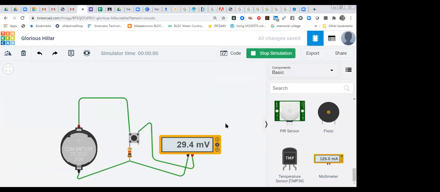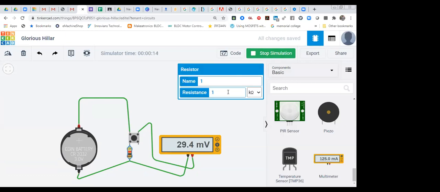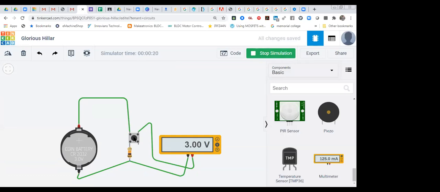So by default, how much voltage are you getting? That is a very small voltage. That is an error signal. As you press this button, you are getting 2.97. That is a 3 volt battery. You can increase that resistance a little bit, about 10 kilo ohm. So now you are going to get that output, that is 3 volt. By default, that is approximately 0 volt. No need to worry about it. That is an error signal, and this one is 0 volt. So as you press it, you are getting high, otherwise low.